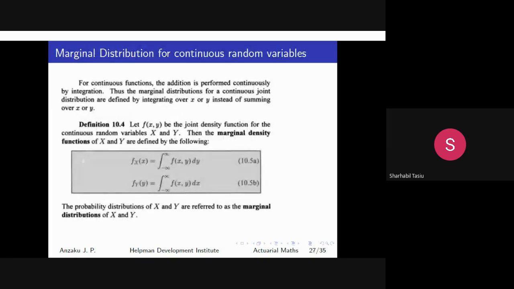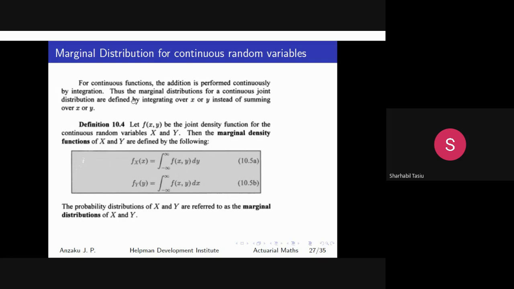All right, so the marginal distribution for the continuous random variable. Remember what we said about the marginal distribution for the discrete case? We'll use the same method to get the marginal distribution for the continuous random variable. By marginal, we mean that we already have the joint probability, and from there, we want to calculate for the individual. And remember the formula that we gave for the discrete case. So let's go ahead and do that for the continuous case.